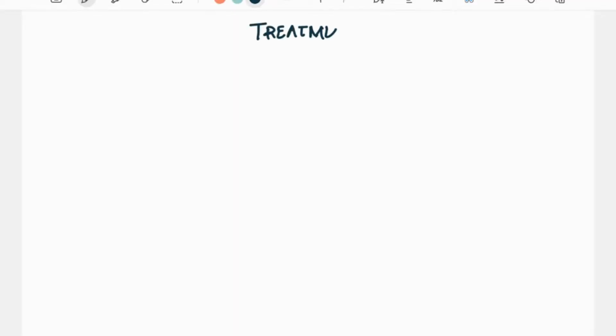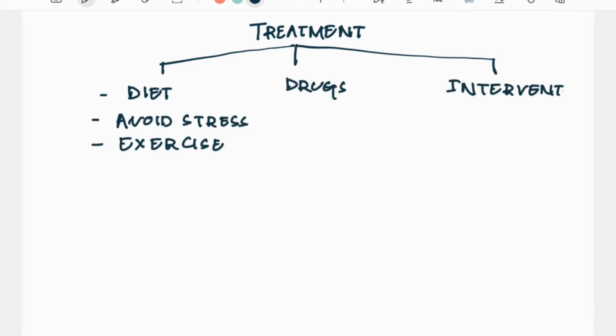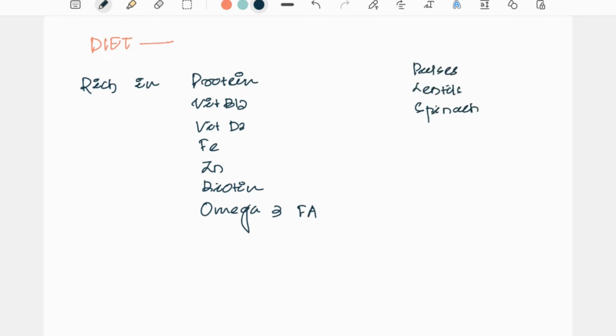What are the treatment modalities available in case of this kind of alopecia? So the first one is the general measures. In general measures I have kept diet, proper exercise, and also adequate sleep, which is most important for healthy looking hair. So what are the diets to be followed in case of alopecia? As we all know, hair is made up of keratin, which is protein. So the food should be rich in protein, calcium, vitamin D3, vitamin B12, biotin, zinc supplements, iron supplements, and omega-3